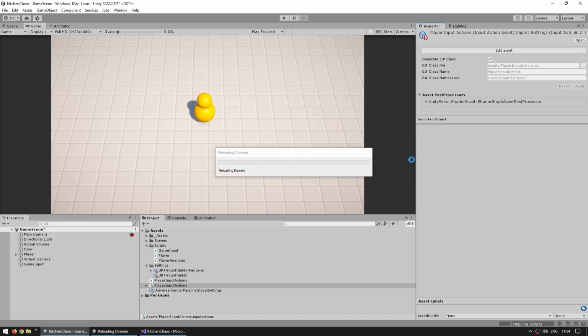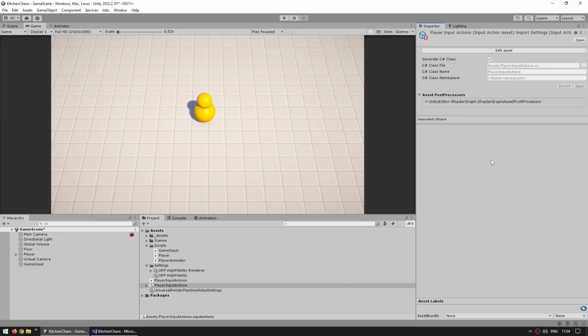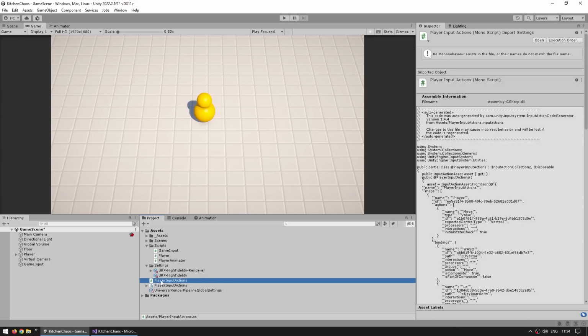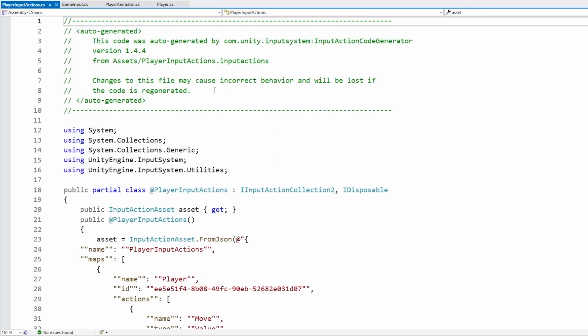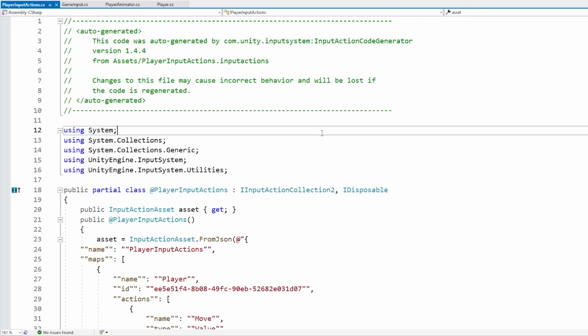And now it's going to generate those scripts and compile them. Okay, great. Basically what this is doing is auto-generating some C# code. And on the player input actions, we can see over here, yep, we've got the generated script. If you want, you can even open this to see all of the source code. Now all of this, like it says here, was all auto-generated, so don't make any modifications